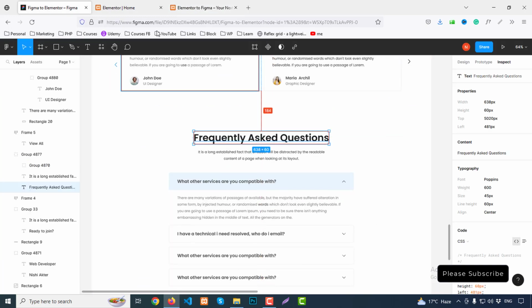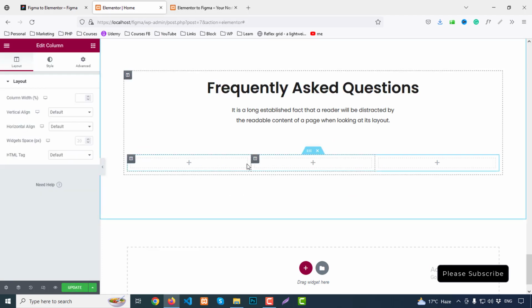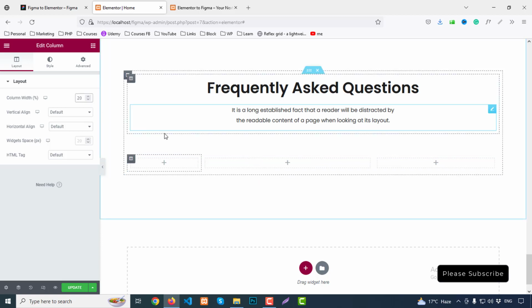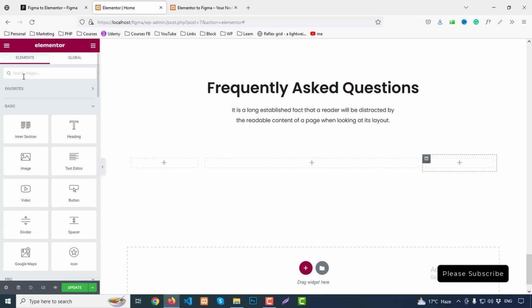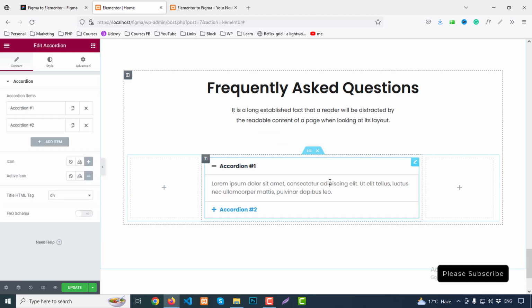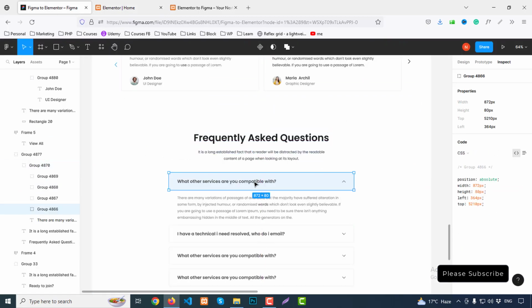So here is a column. This one we can duplicate, and size like 20%, and this one like 20%. Fine. So for this we can add an accordion. So just click and drag and drop here. Fine. So our first item, copy this text,